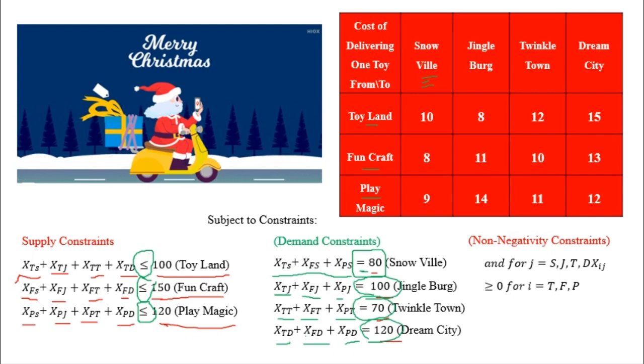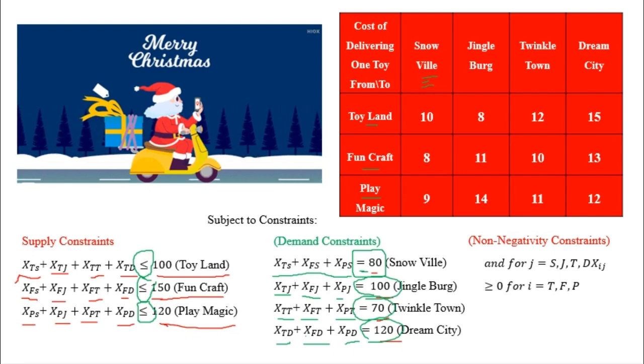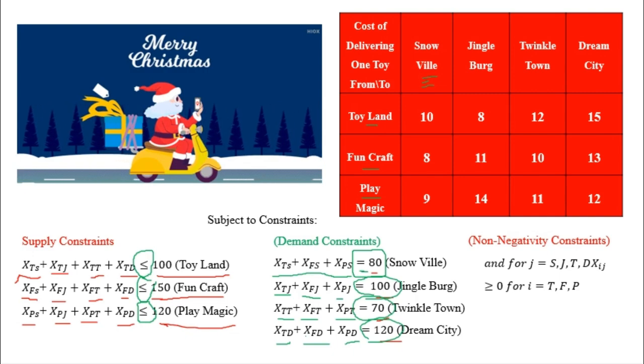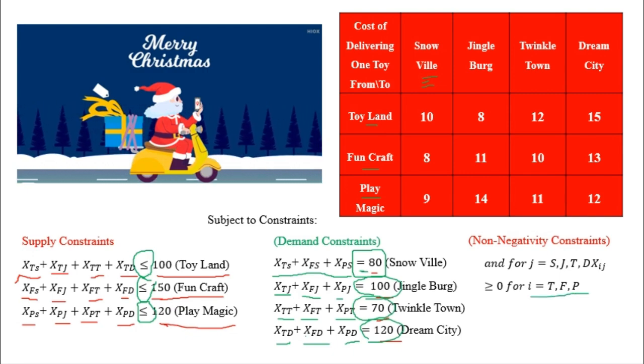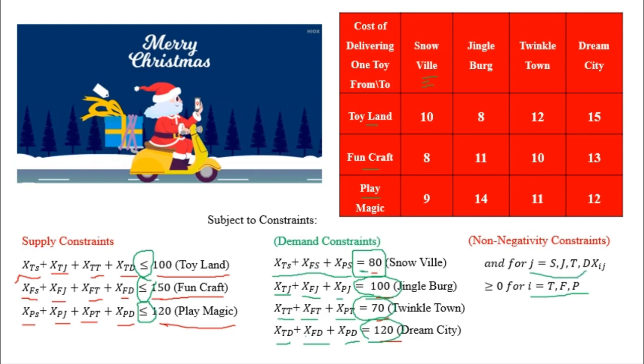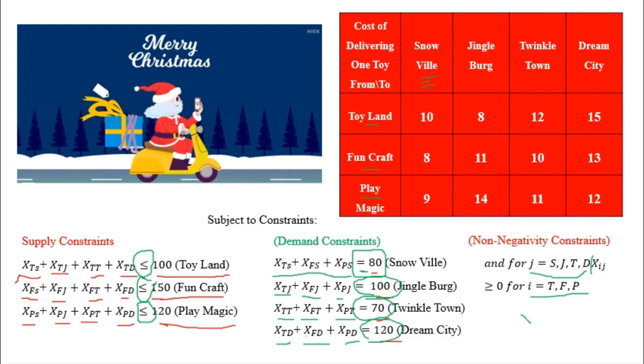Okay, so this is the meaning of supply constraints and demand constraints. I hope I'm absolutely clear to all. And lastly, like we discussed, the deliveries cannot be negative, right? So for i and j, that is for i equals T, F, P, those three workshops of toys, and for j equals these four different cities S, J, T, D, I think over here the formatting is having some problem. So it should be like this: X